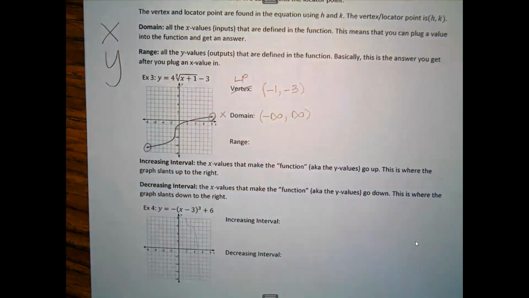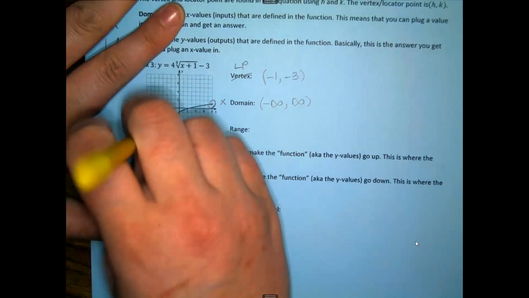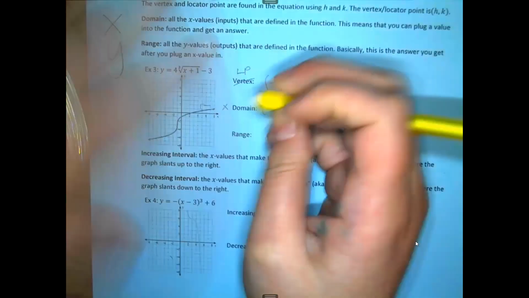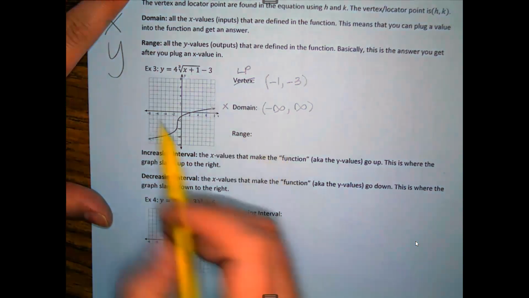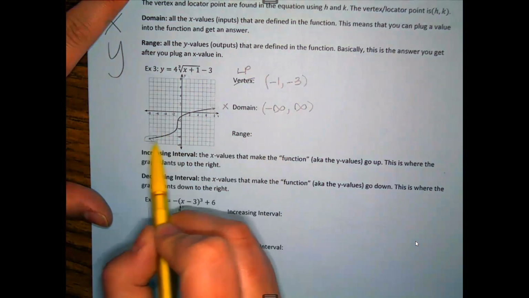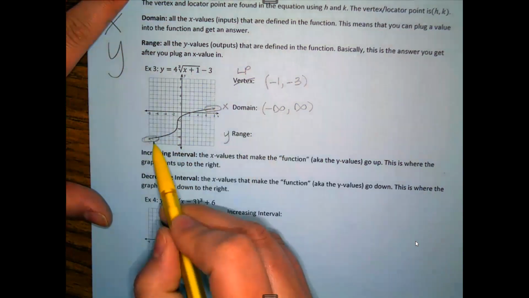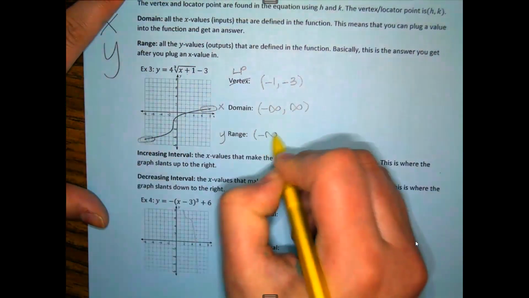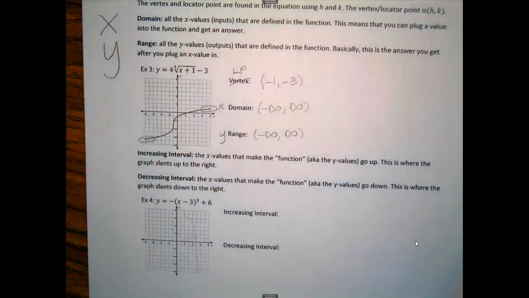Right? Next we have the range. So we're going to say how far down does the graph go? How far up does the graph go? And the graph goes down forever and it goes up forever. So we're circling the same parts, but now we're thinking about our y values for the range. The graph goes down forever and the graph goes up forever. Okay, so those are kind of boring answers, but it'll be boring because these graphs look like